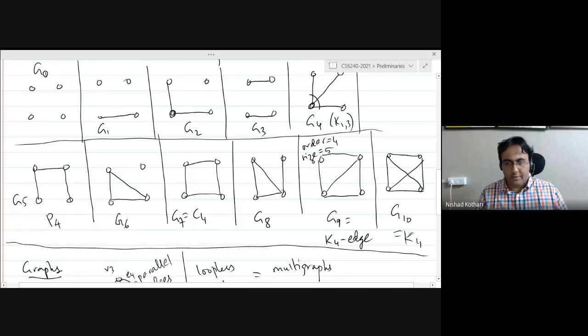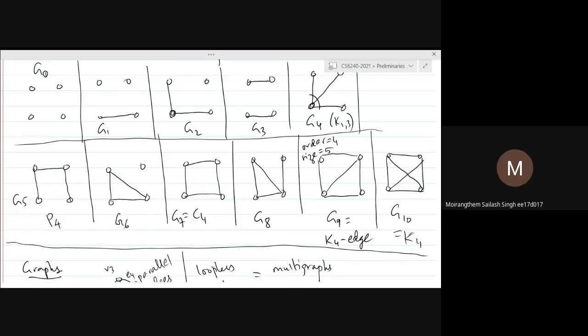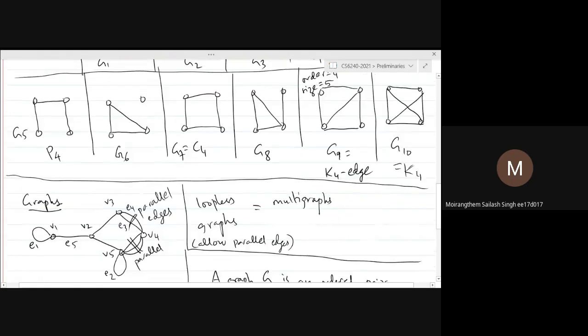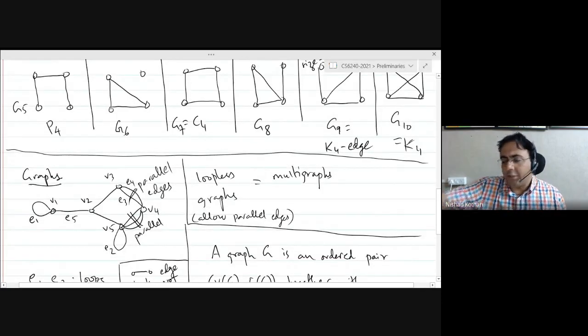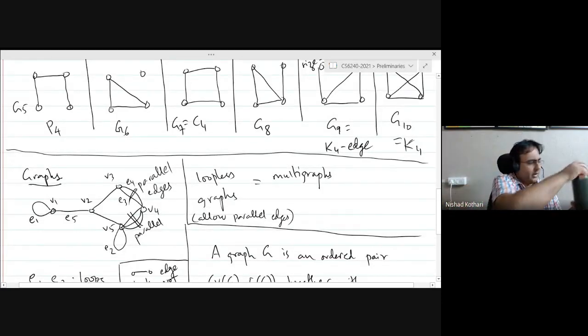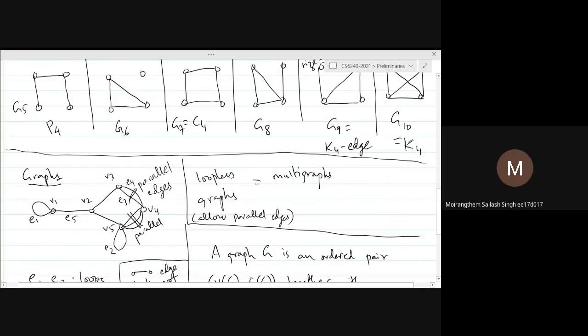Hello, sir. Yes. What is the importance of E3 and E4 in an unordered pair graph? Are not they the same, that E3 and E4? I know that for ordered pair of vertices, it is different. Right. But so I guess your question is, why should we consider parallel edges at all? Right. I mean, for ordered pair of vertices, it makes sense because B3 to B4 is different from B4 to B3. But for unordered pair of vertices, I see.